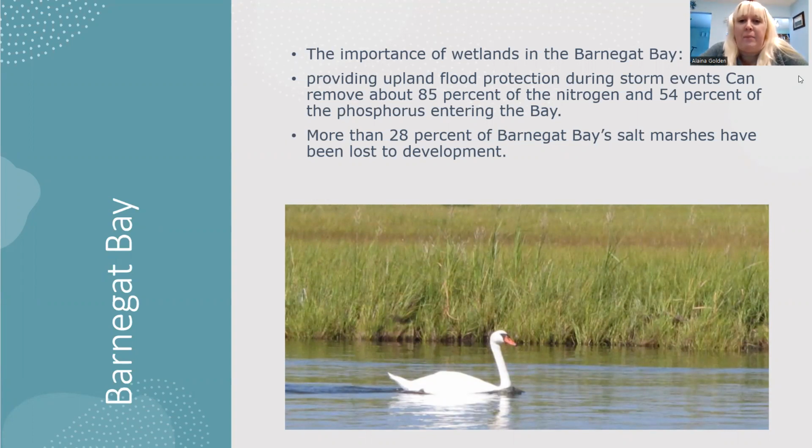So the importance of wetlands in Barnegat Bay is major upland flooding protection during storm events. Separately, wetlands can remove about 85% of the nitrogen and 54% of the phosphorus entering the bay. That's a major thing for Barnegat Bay. And we also have a program in Barnegat Bay called Reclaim the Bay. So they're doing a lot of projects with Barnegat Bay as well. More than 28% of Barnegat Bay salt marshes have been lost due to development. So like I said, not without its development problems,